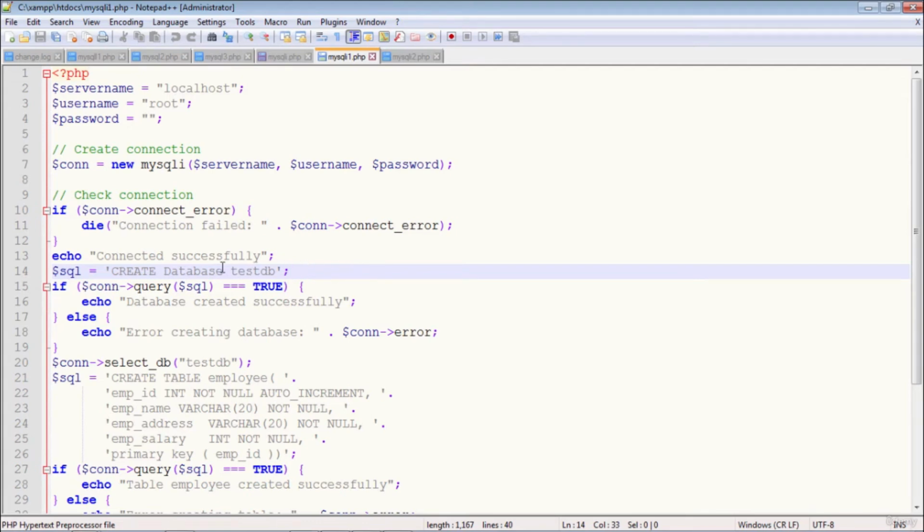Okay, all you have to do is execute a MySQL object arrow query function. The query function will take this argument. If this function is properly executed, it will return true, and if it is true, then give the message "database created successfully", otherwise give an error message. Right? The next step is to select the newly created database by using the selectDB function of the MySQLi class,